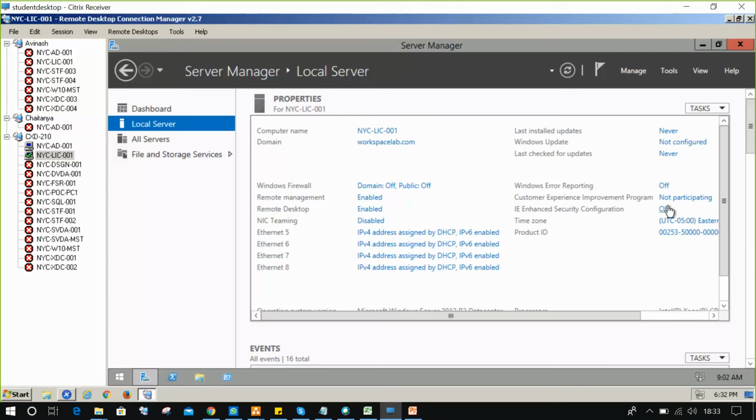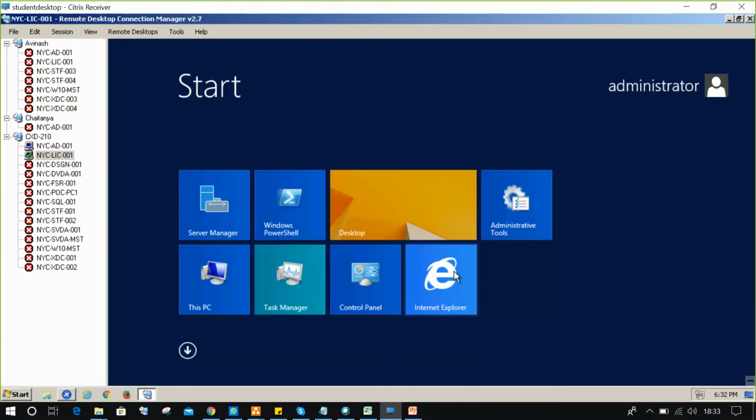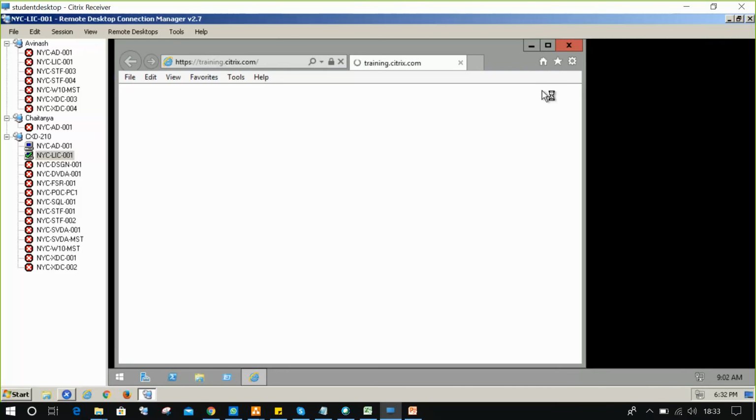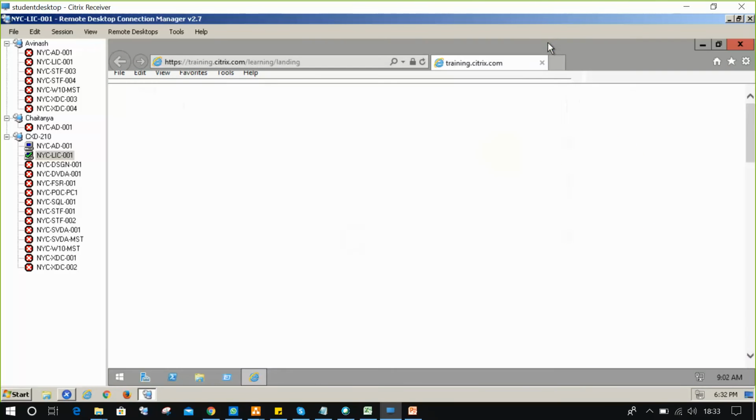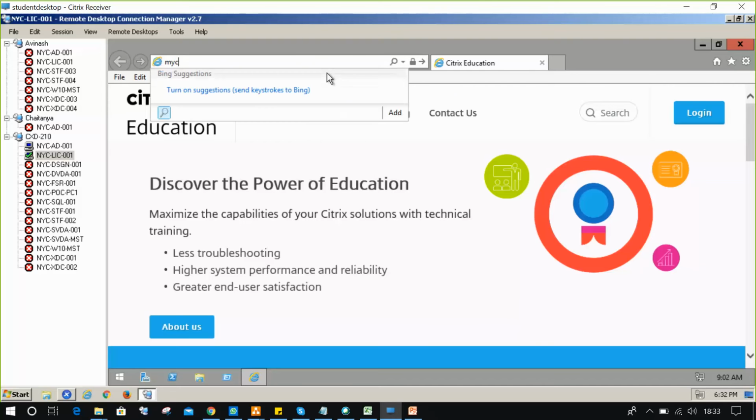I will turn off the internet. Yes, Internet Explorer is already turned off, that's good. Now just open Internet Explorer on the license server and go to mycitrix.com.